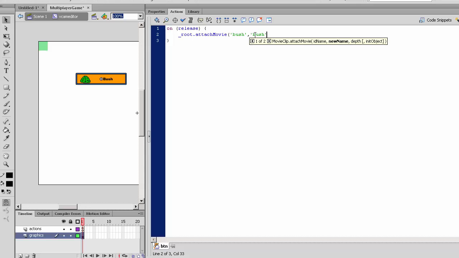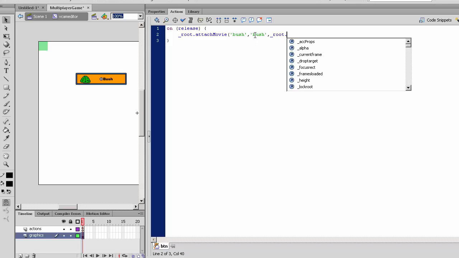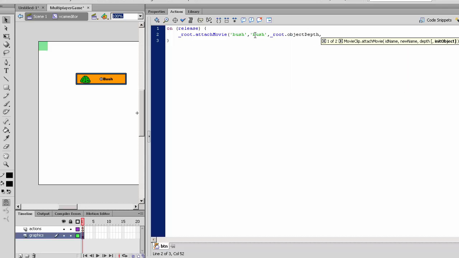Our new name, just leave it as bush. The depth will be _root.objectDepth, and then the init objects, the x. So for init objects, these deal with the x and y values. So you can open those curly brackets, put in _x, colon,